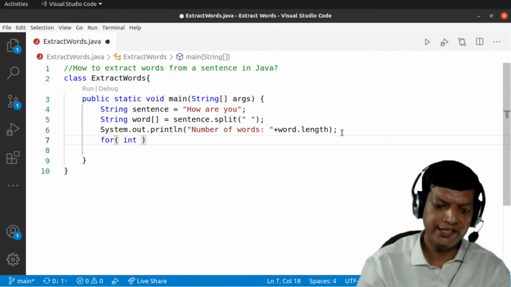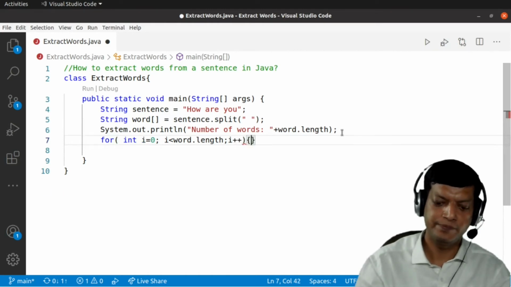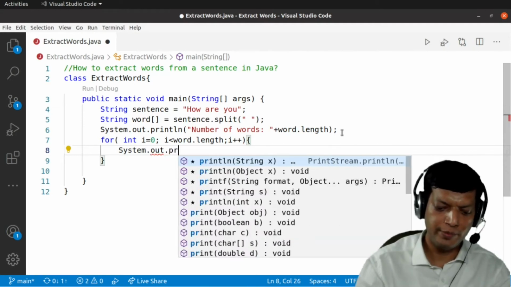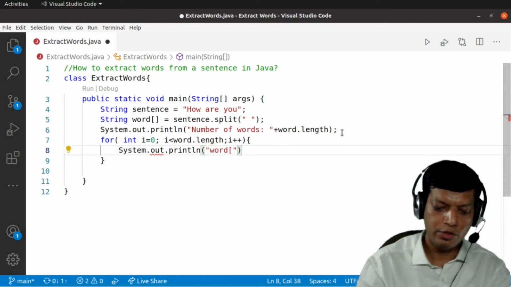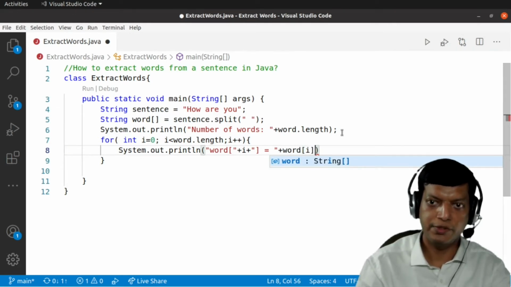We'll say int i is equal to 0, i is less than word dot length, i plus plus, and then I'll print the array in a proper format. So println word of i plus equal to, and then the array element itself, so word of i.